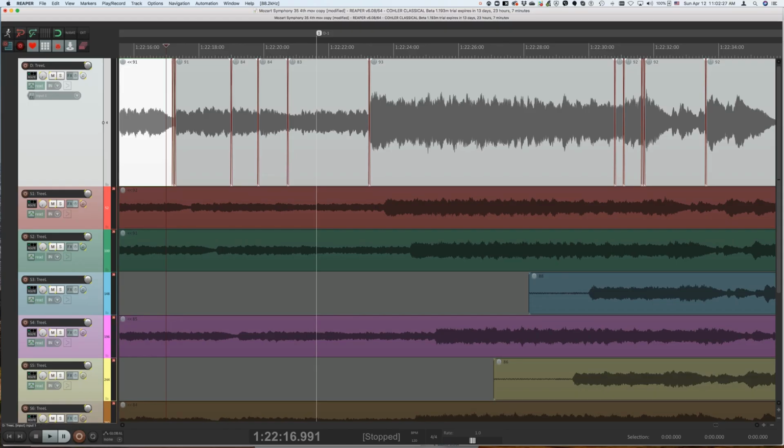Hi everyone. We're here today to show you how to do rate changes in Cohler Classical. So I have here a piece of Mozart's 35th Symphony, and as we listen to this,